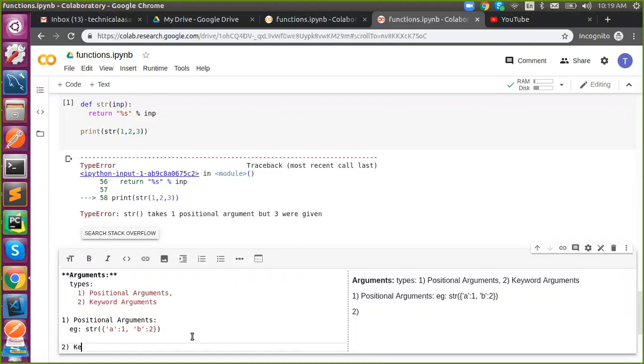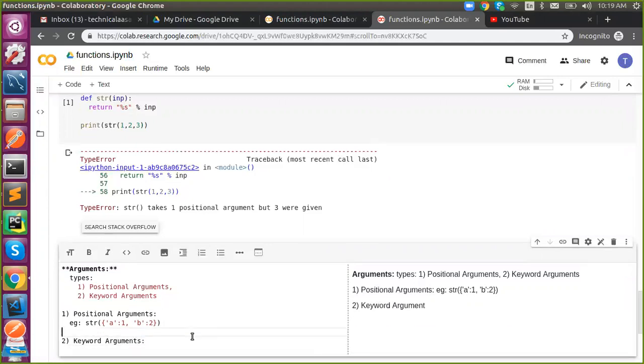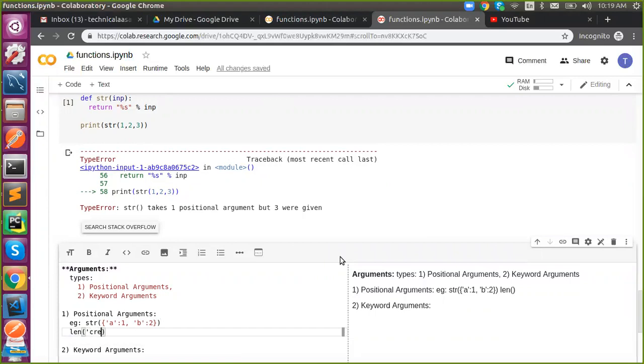So what is keyword? A similar example, the len. If we give any variable inside the input parenthesis, then that is a keyword.